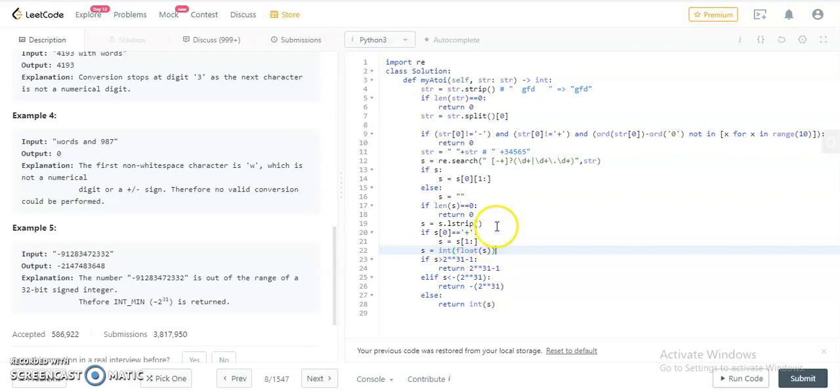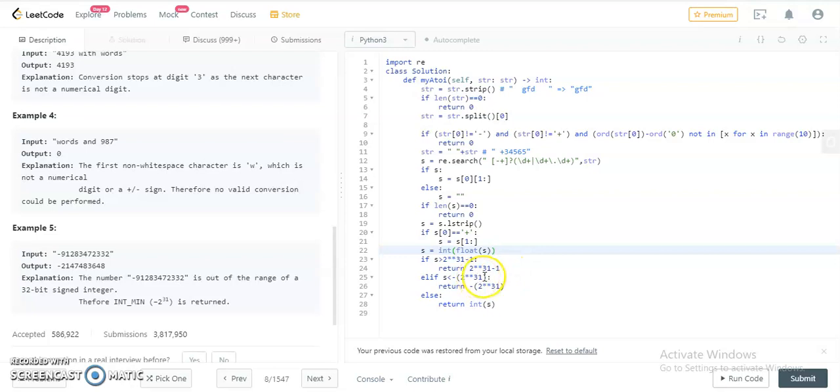Now if our solution comes to be 3.14, then we need to return 3, right? So that's why I'm first converting my string to float, and then to an integer, right? And here is the condition: if my integer value exceeds the 32-bit integer limit, then I'm returning that limit only.